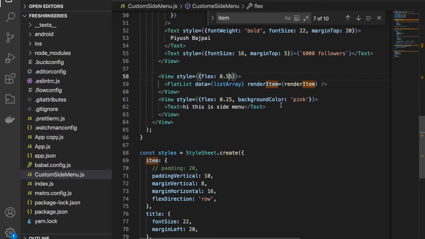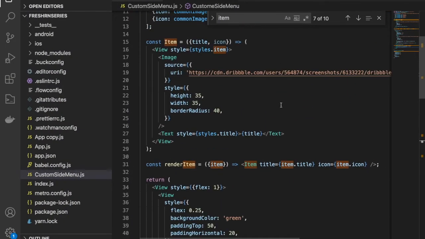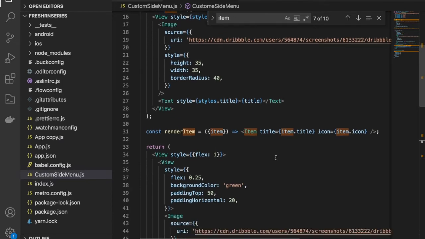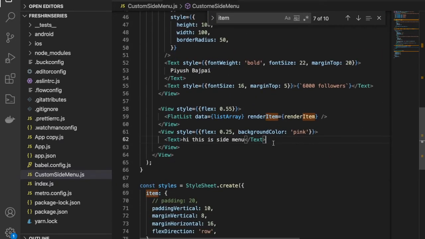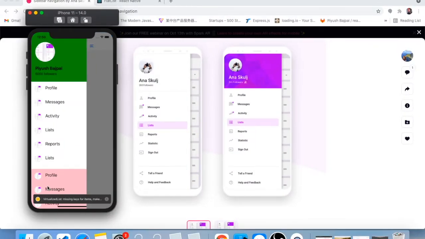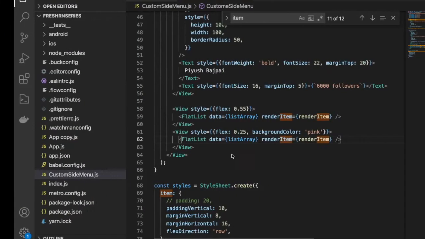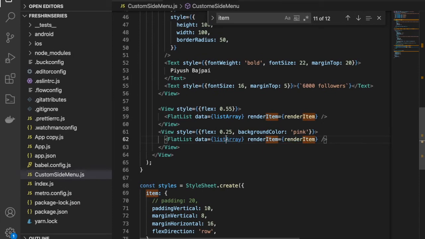So what I can do is use the same kind of FlatList at this place. But if I use the same FlatList, it will basically give me this multiple data, and I have to use just these two items. So what I can do is create my own different data for this.